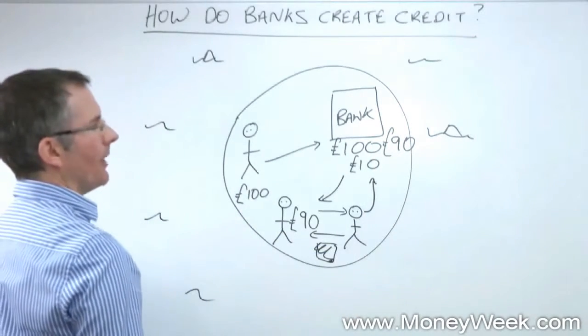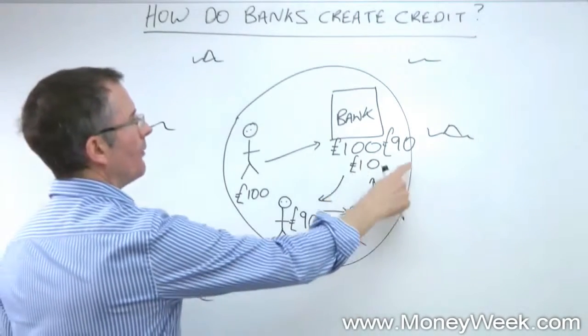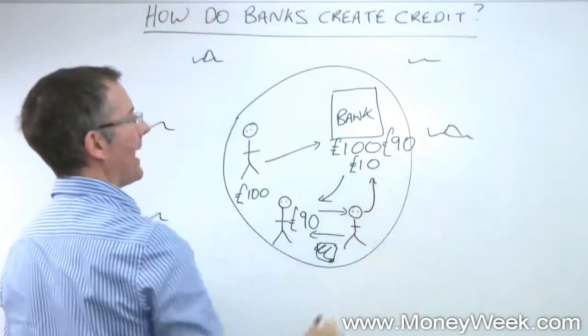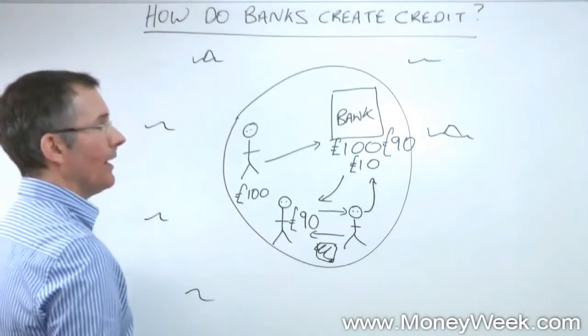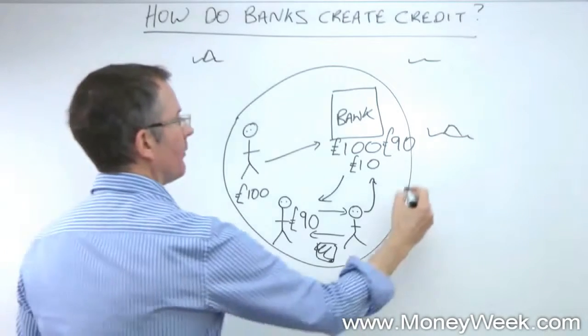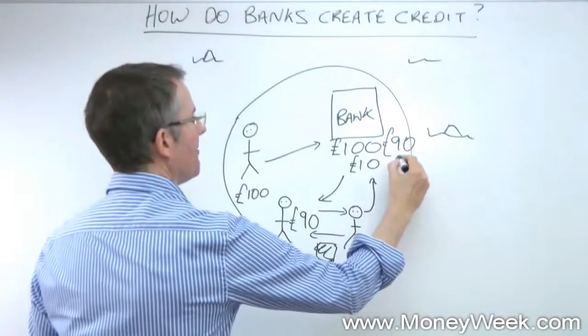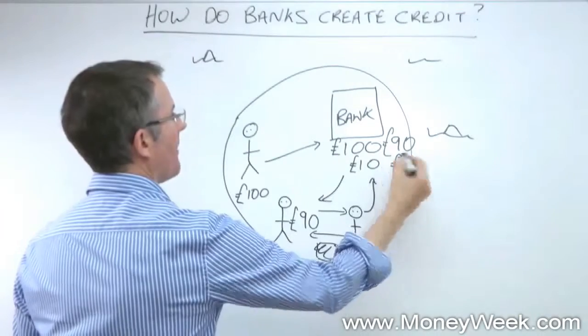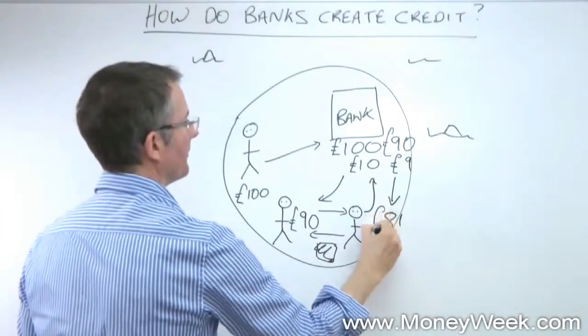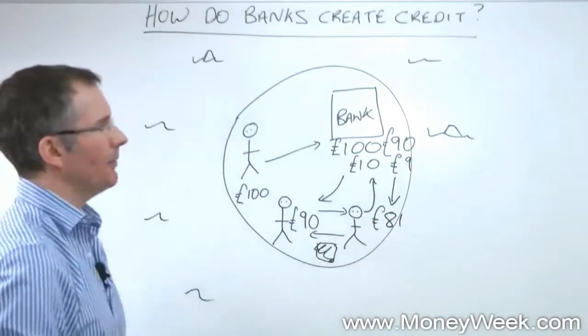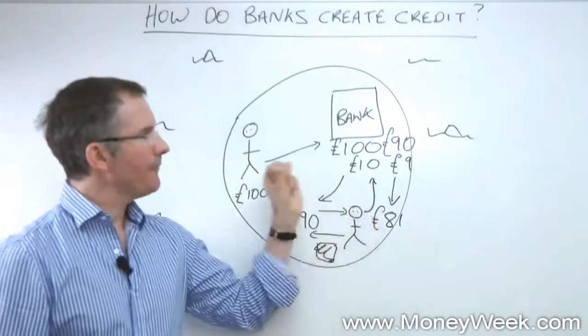And the bank thinks, okay, I better hold 10% of that back in case this customer comes back looking for money tomorrow morning. So the bank keeps £9 and then lends out 81. Now, I'm running out of island here, but you probably get the idea. With a 10